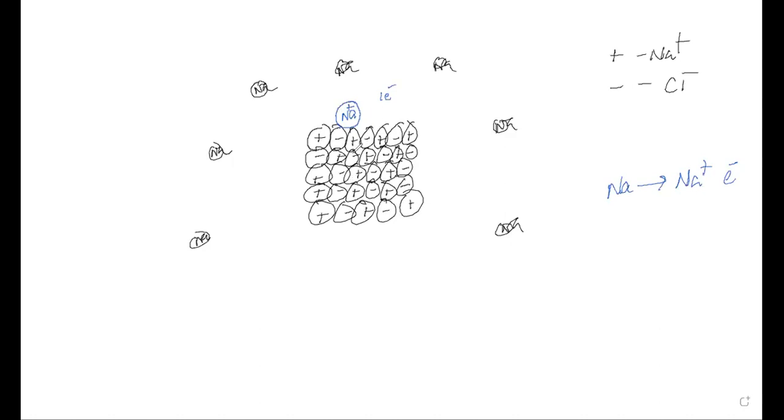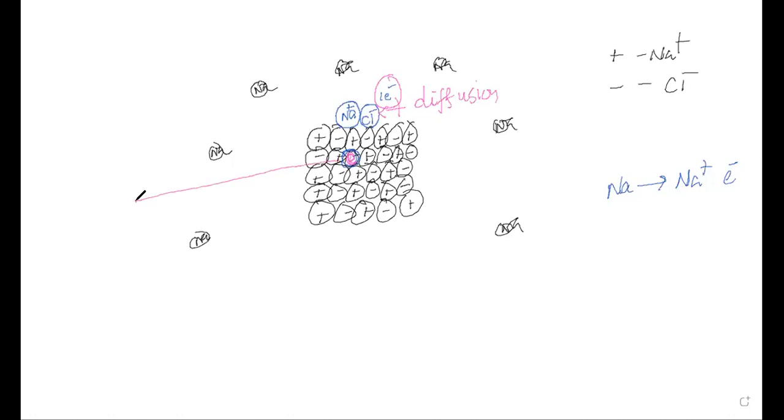Now you can see this is the negatively charged ion. This is what I'm talking about, Cl minus. You can see one Cl minus over here. This Cl minus diffuses and comes here by the process of diffusion. But this electron, my dear students, goes here. So here we have an electron.